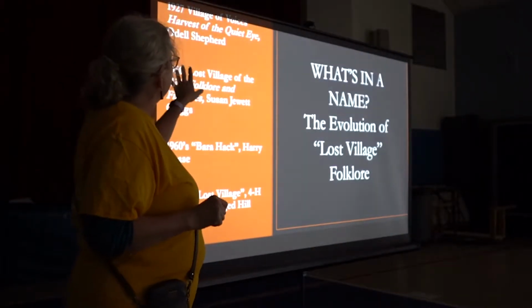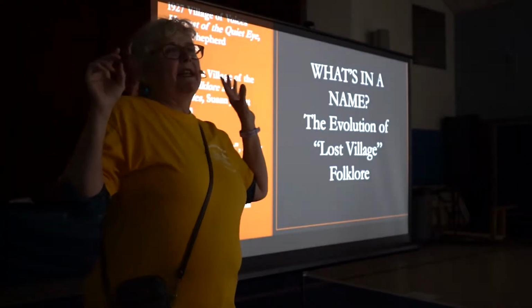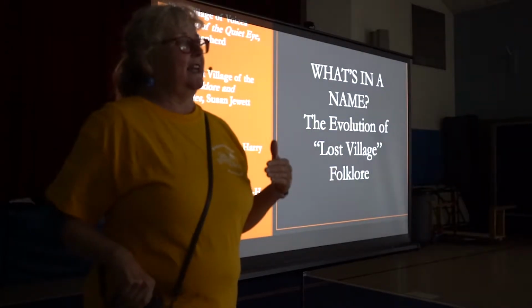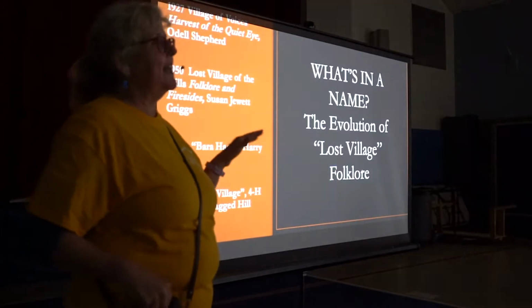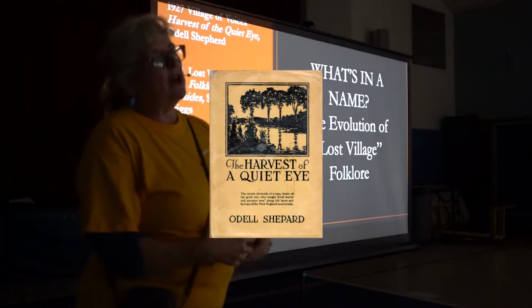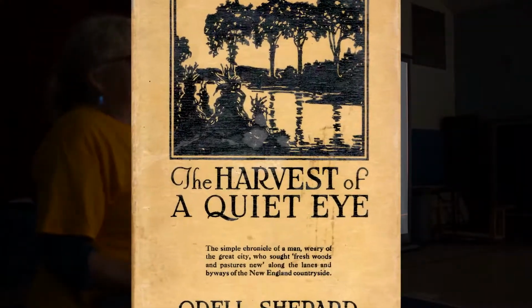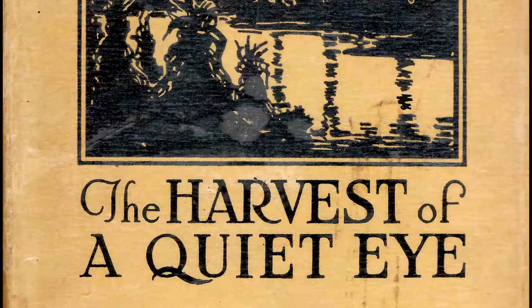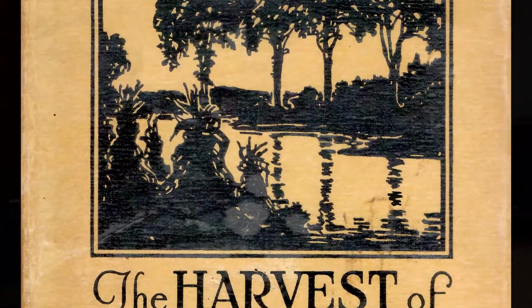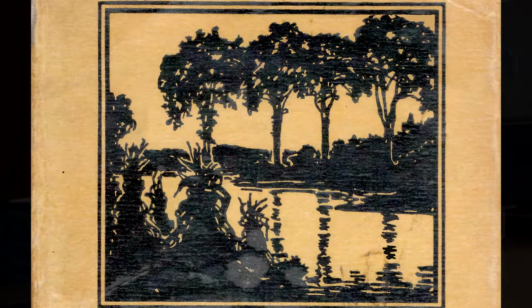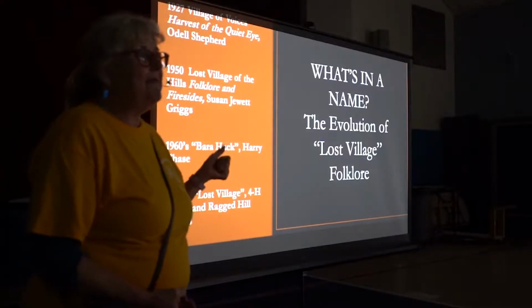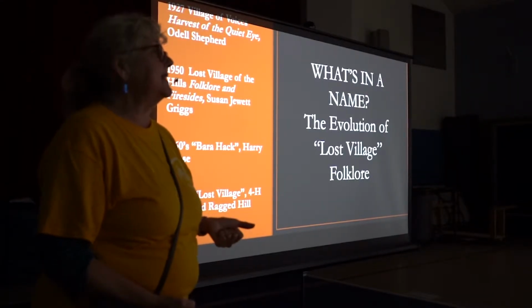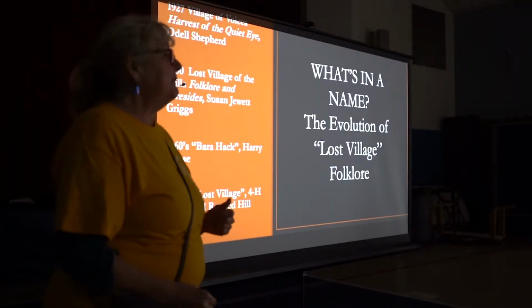But we first start hearing about the place being a village, the village of voices. The first place that you see that in writing, it doesn't mean that that's the first time it happened, is in 1927, when Odell Shepard, a poet and a writer from Yale, walks the northern perimeter of Connecticut on the border of Massachusetts, and he comes into Pomfret. There may be some written histories earlier that mention place names, but this is the first time we see reference to a village or the village of voices.